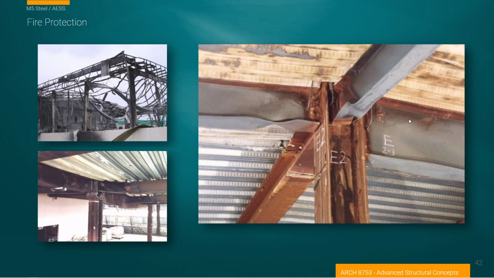One of the current trends is heavy timber construction, and it has advantages because of its fire resistance, and I think it's a good time to compare and contrast this idea of fire resistance and the kind of fragility of steel to high temperatures. So here we have just some graphic views of what happens to steel when it's exposed to intense heat, the kind of deflections and deformations within the flanges,